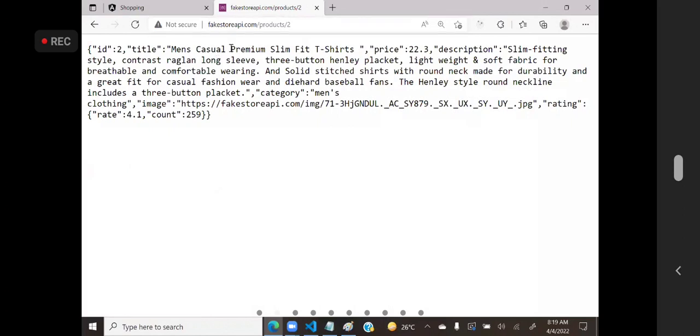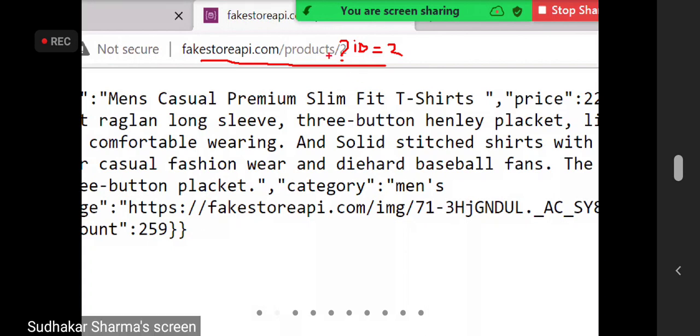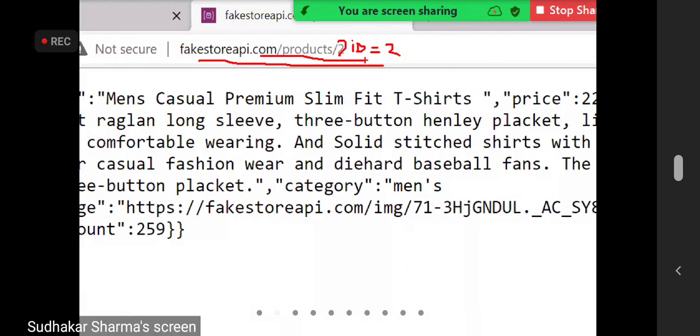If it is not using routing, then it will be like a question mark, id is equal to something. So it is using routing server side in APIs. That means this is also using routing. If it is not using